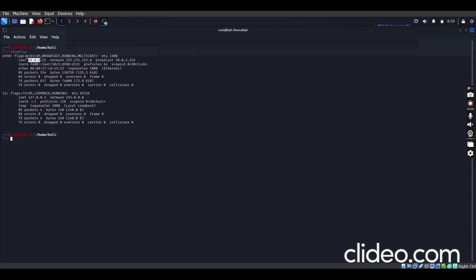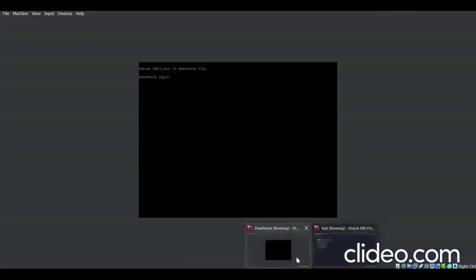So let's take for instance, this is 10.0.2 and it has 15 for this machine. The server which we are trying to attack also follows the same pattern.